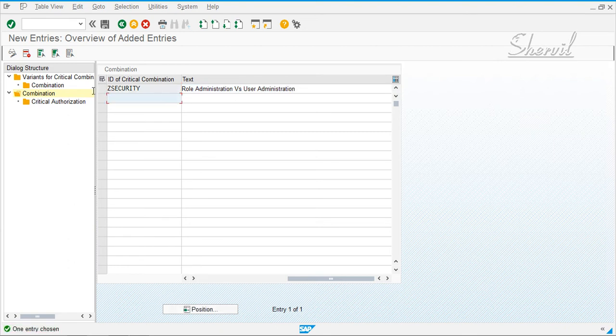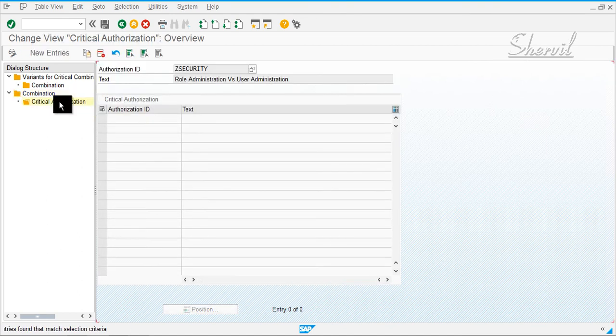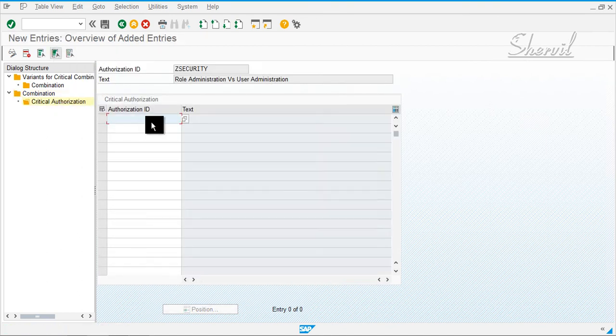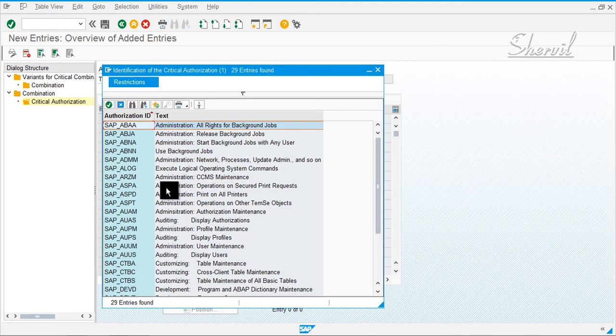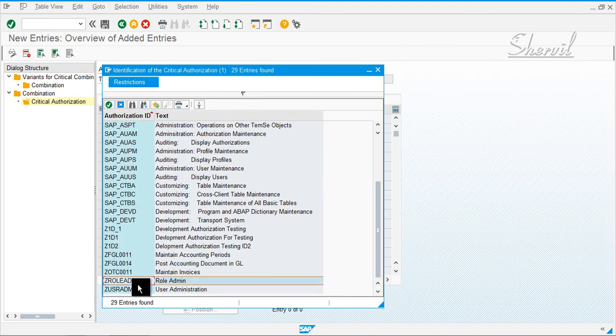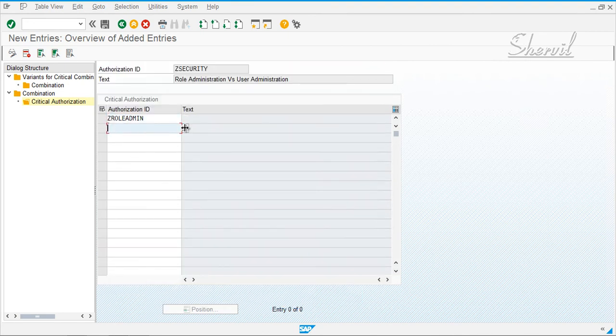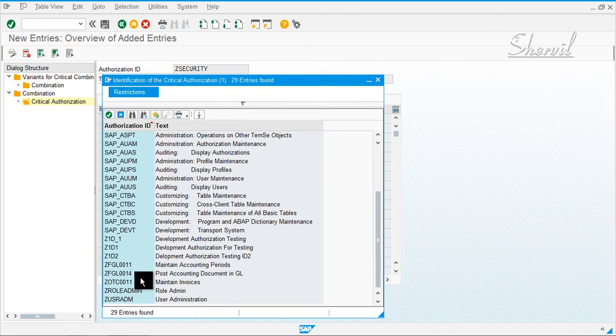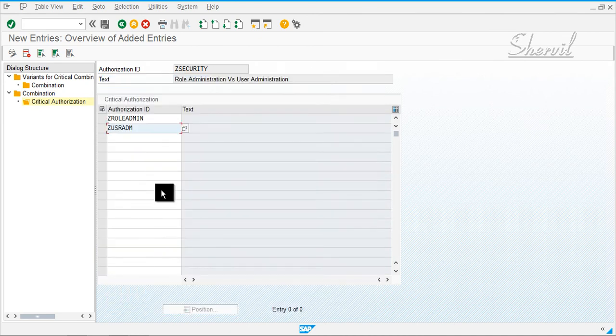So select it and then click on critical authorizations, click on new entries now, and pick the two authorization IDs that you created for those two critical authorizations. Save it.